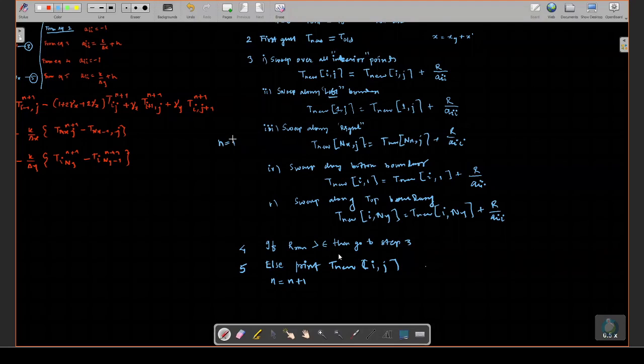Then again we move to n = 2, by using this n, that is nothing but t = t + 1, meaning delta t. Wherever t is coming, you keep on changing that value. And T old is equal to T new. That is important, because when you go here, the new guesses for time step n = 2 will become T old. So T old will be these values coming from n = 1.